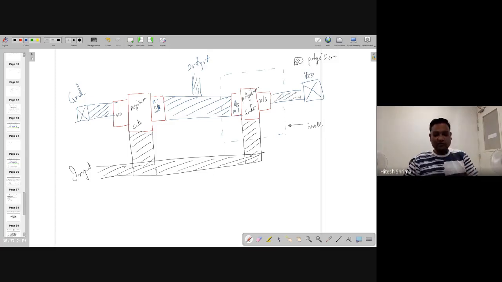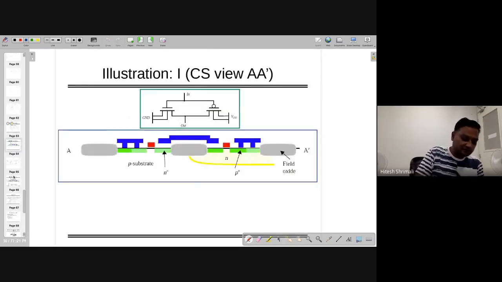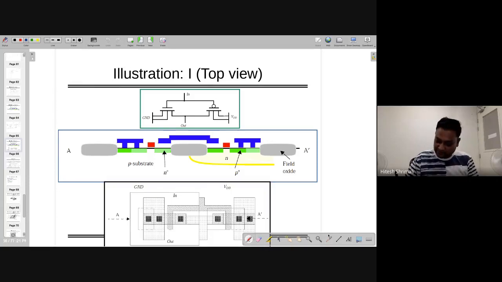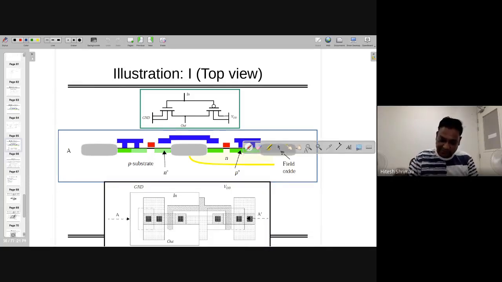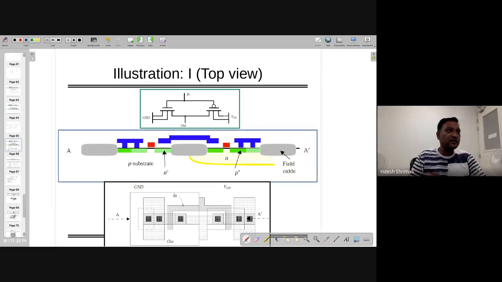So this is the layout, or how your CMOS inverter will look from the top side. If we look at the colors, or the way it has been kept, it will be easier for you. Here you can see the input which is connected. Notably, this is ground, so this must be the NMOS side, and this must be the PMOS side. If you have any difficulty understanding this when you make the real layout, you will understand, because right now it looks like just squares.